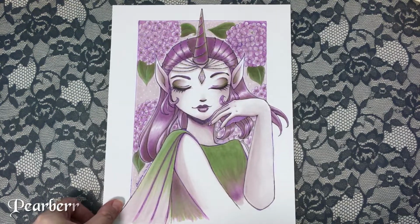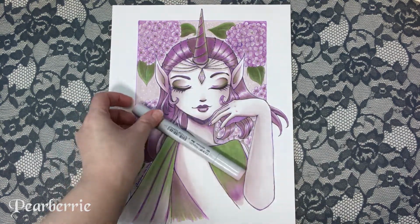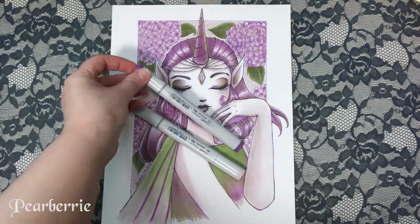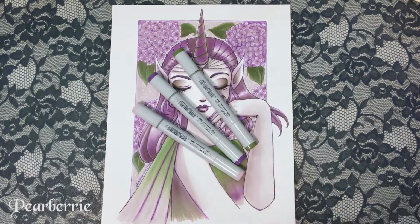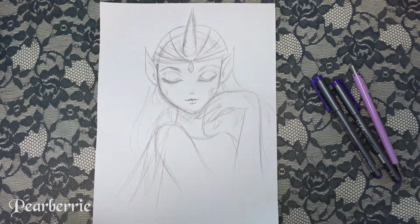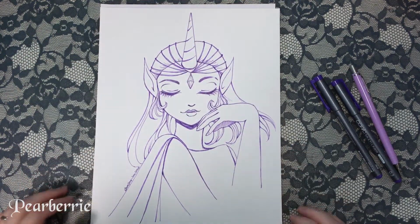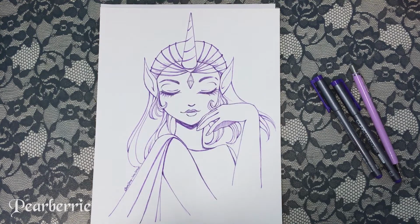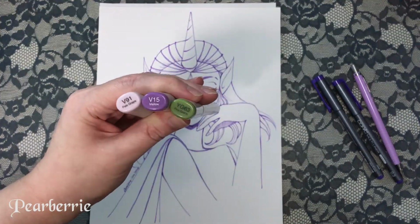So today I'm going to be coloring this drawing here that you see with just 3 Copic markers. So this is the June Copiccolors challenge video that I am finally doing. It's right at the end of June as I'm posting this, but I did actually complete this in June, so there's that. I am using the 3 colors that they have picked for the month, and I did the sketch offline, so you first see my rough sketch and then the finished line art, and I'll just be showing the